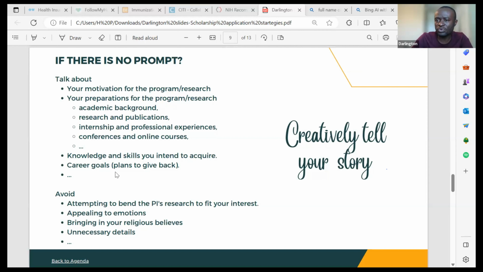Okay, stop, do not bring in your religious beliefs. For instance, you start your statement of purpose by saying, the Lord be with you, and you end it with, I hope that God will help me to be successful in this application. The person that is going to review your application might not even share your religious beliefs. Bear it in mind. It might actually be a turn off for the person. Personally, I'm a Christian, but if you're writing an application and you're ending it with, God will help me, or may God,